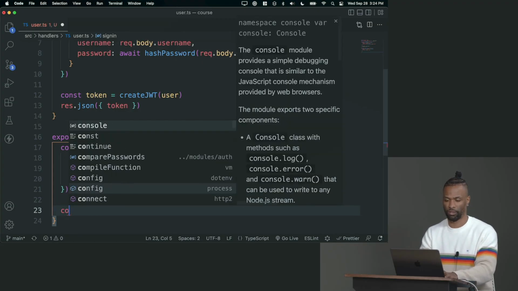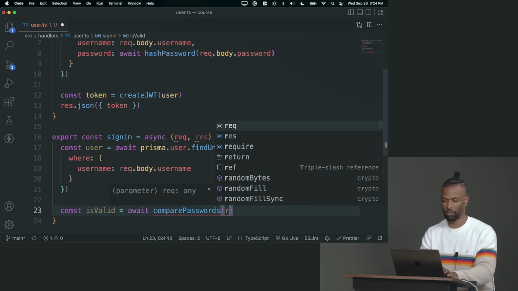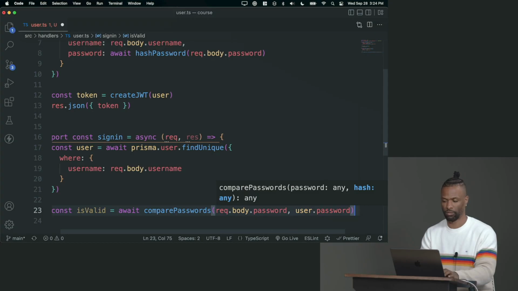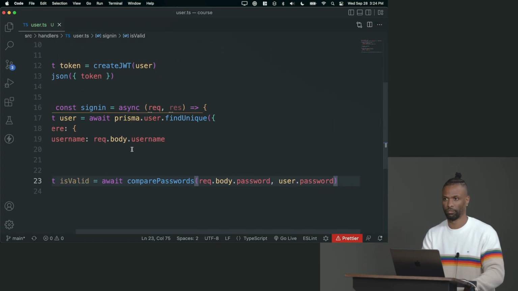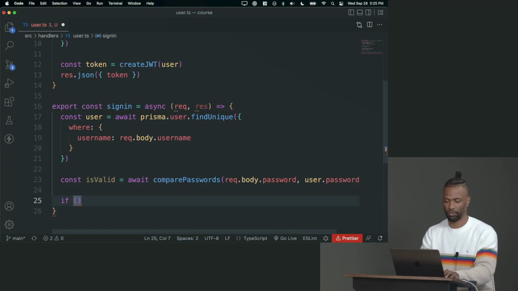So I'm going to say const isValid, and I'm going to say await comparePasswords, and the first password is the plain text one. So I'll say req.body.password, and the second one is the hash, which would be user.password. Okay. Then I can say, oh, if not isValid,